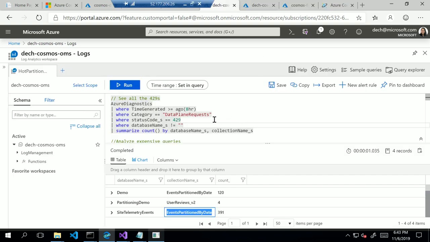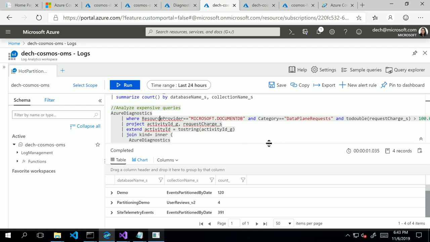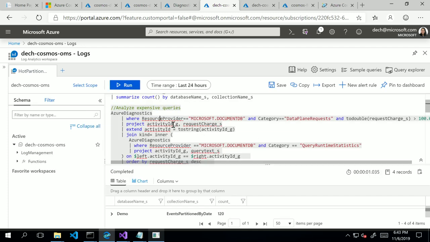Okay. So that's one operation you might want to run and see: am I getting throttled? Next one you might want to do is just analyze if you have expensive queries. By the way, I have a GitHub repo of all this code, so I'll share it after, and I'll check in all the queries and all the code, and you can run it so you know where to read about all